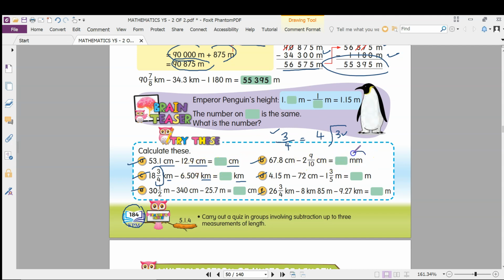For B, you have to change to mm. So pay attention to what the question is asking for. Okay, so only 6 questions, page